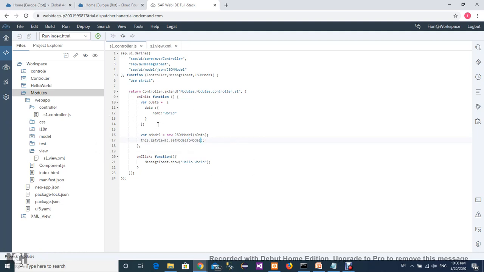Control S. So now we can access this oData, this data, in our view.